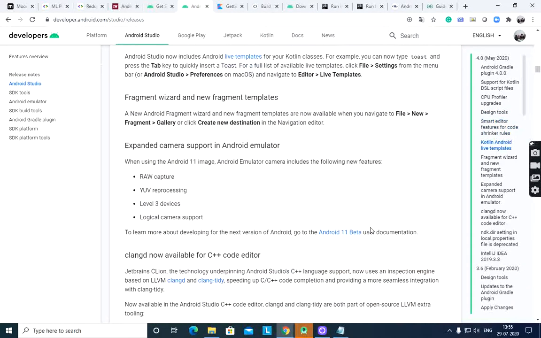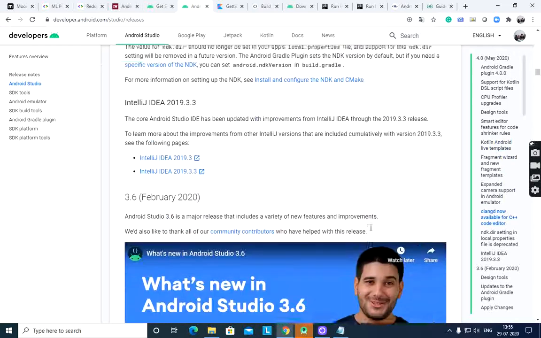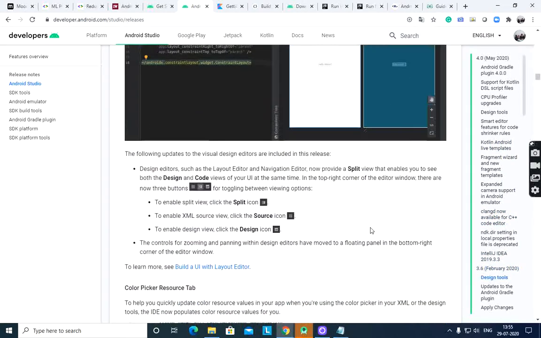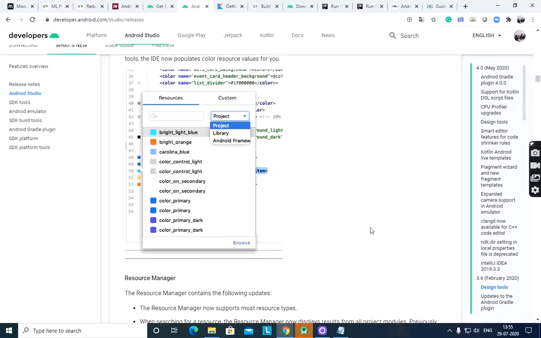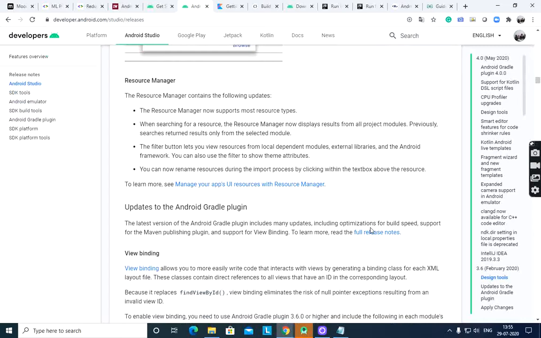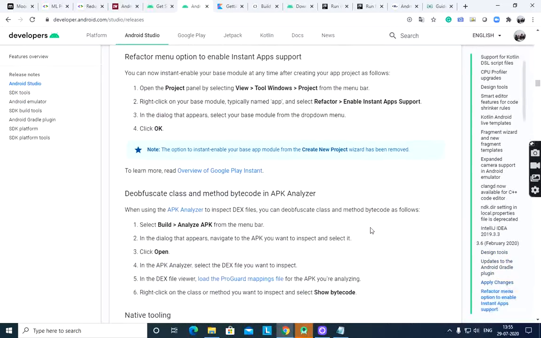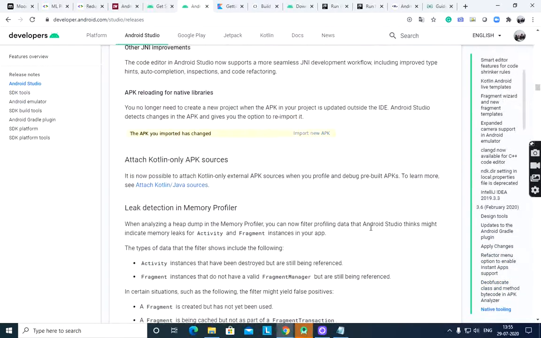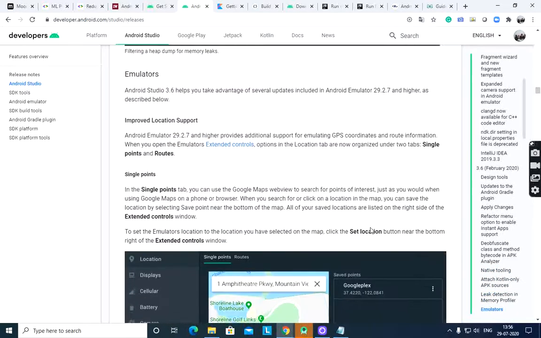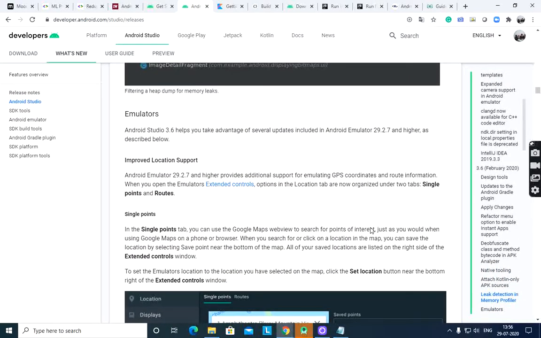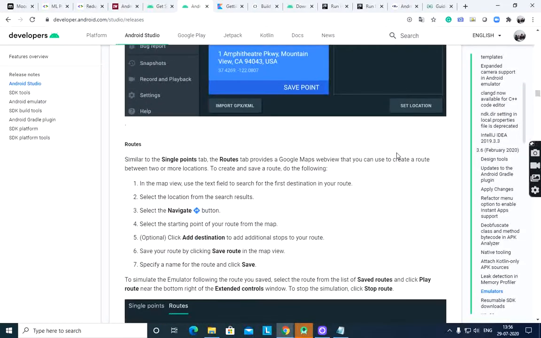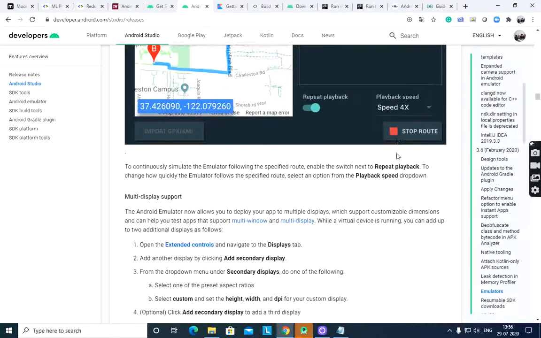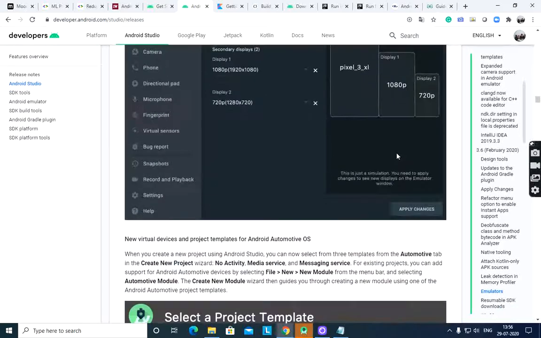Kotlin Android live templates are there. Color picker, resource tab is available, resource manager, improved location support is available, emulators support, multi-display support.